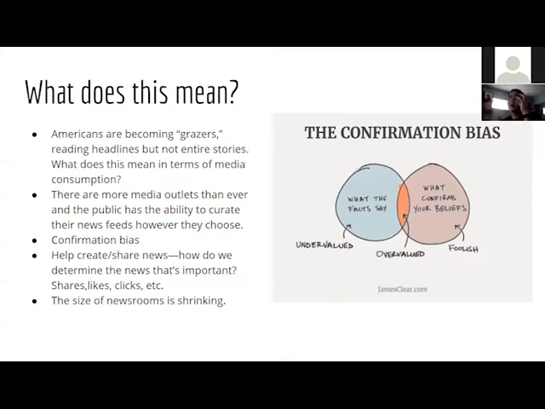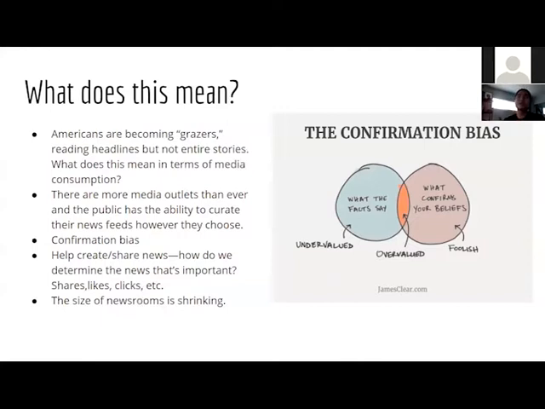So depending on who you follow on social media sites or news sites, that's the type of information you'll get. You get to choose what kind of information comes to you. But what that leads to is this phrase called confirmation bias.